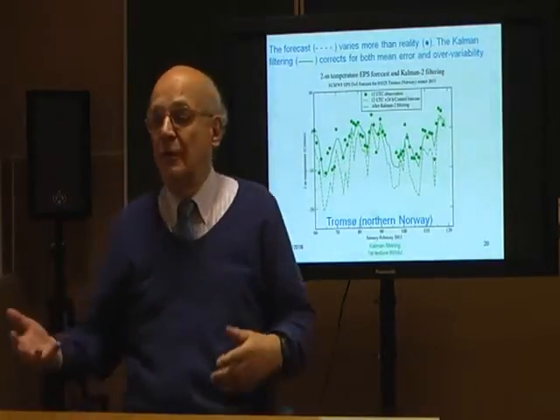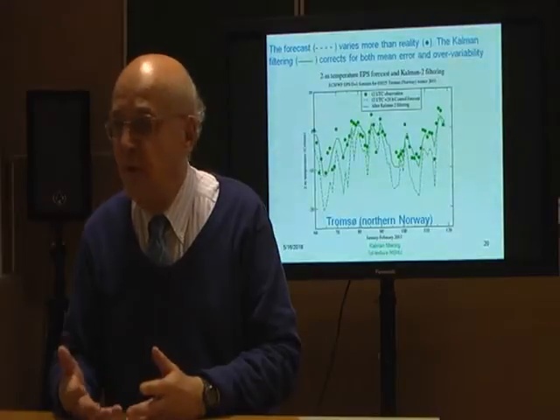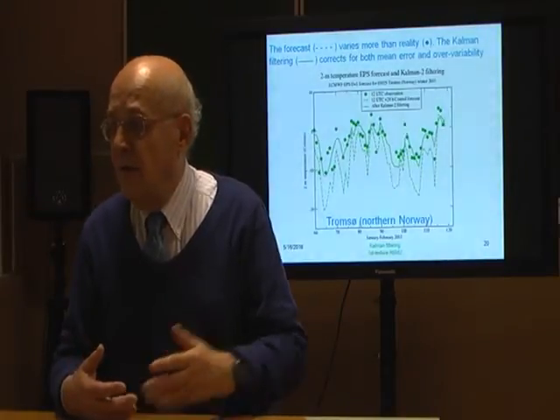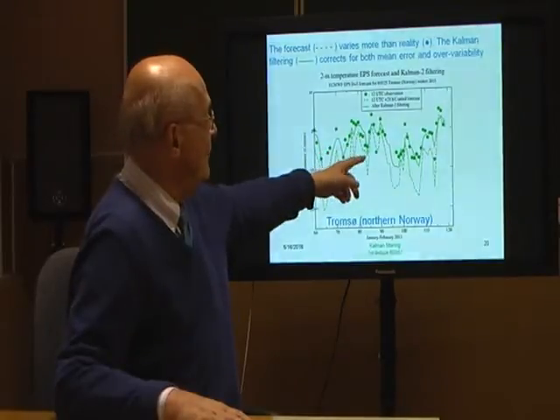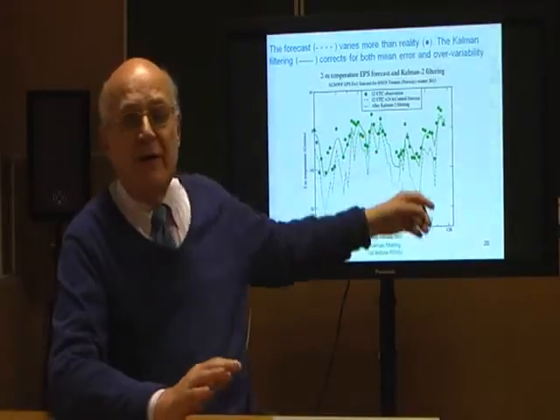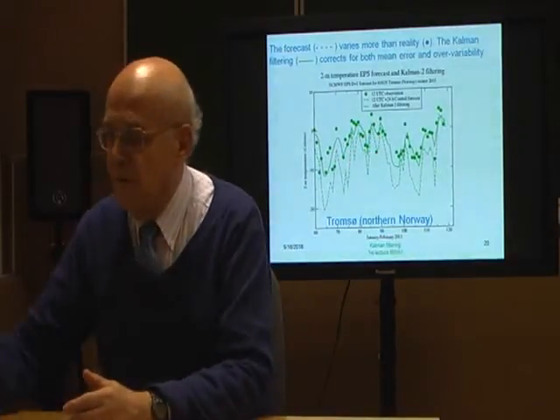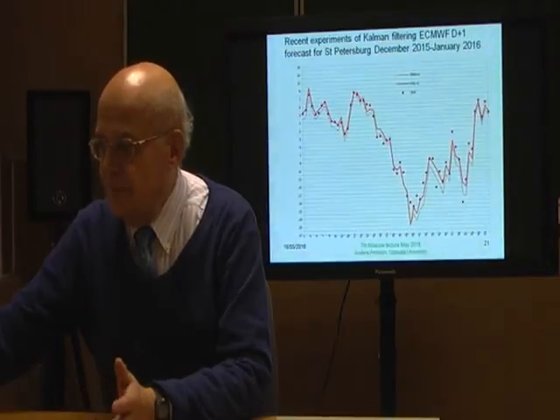But now the Kalman filter identifies this systematic behavior and corrects for it. And as you can see, it does a fairly good job in warming the forecast when it's needed, and not warming it as much when there is not much cooling. So finally,